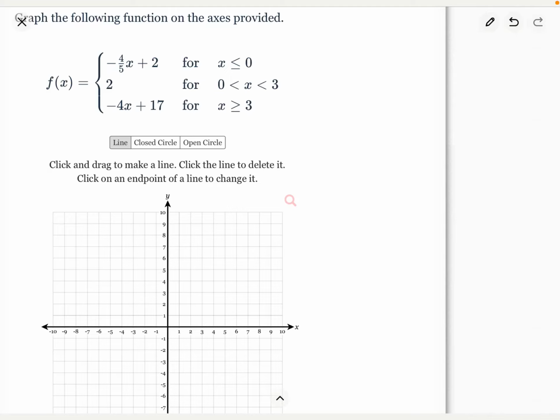I want to show you how to graph a piecewise function. What I'm going to use is, for each piece of the function, I'm going to create a table of values. And then once I get those tables of values, I'm just going to plot the points. So the very first one that I'm going to start with is the piece where x is less than or